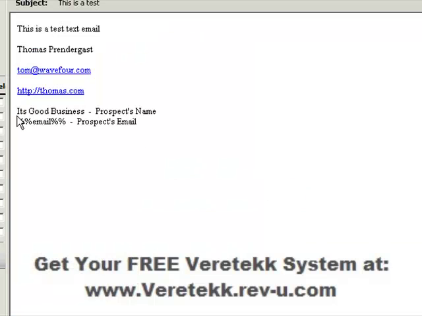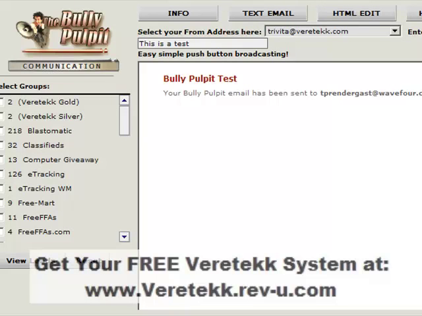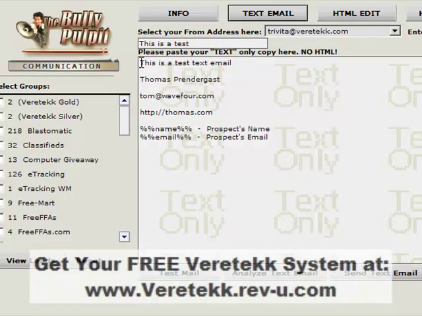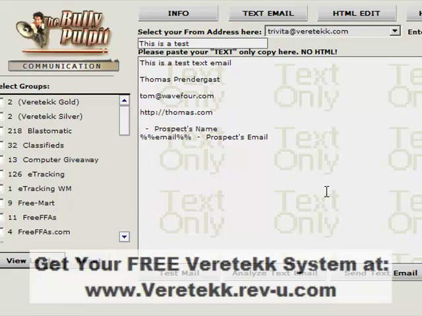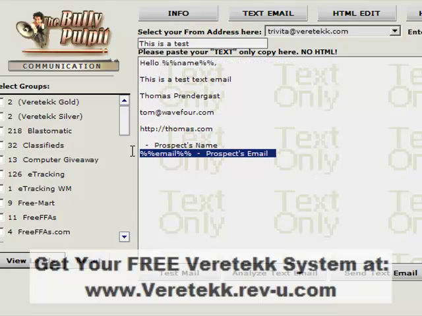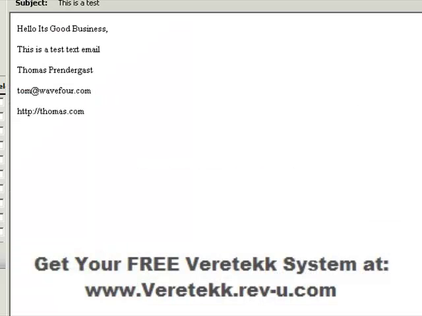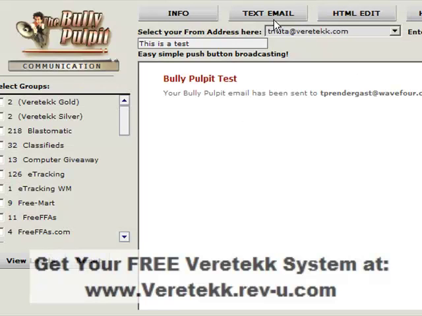And you'll see that it's picking up my name. It's not picking up my email because it's the test process. It will pick up that email address when you send it out. So you can create the hello and put the prospect's name in there. And you can do the same thing in HTML, test it, and you'll see how this works. There you go, hello. And the particular name that's in this system is It's Good Business is my name. So then after you go to the text